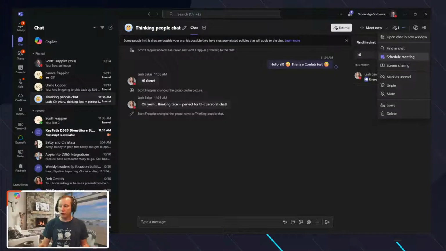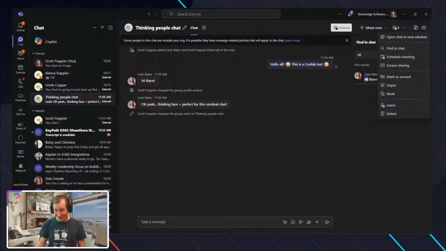You can also do things like schedule a meeting or even do screen sharing. And this is another newer feature as well. We've always had the ability to do screen share inside of Teams. It's just now inside of a chat, we can use that to broadcast a screen. And I just used this with Keith Bangasser recently as we were trying to solve an issue. I used that to align that particular work, and we were able to do that really easily. So really nice in that regard.